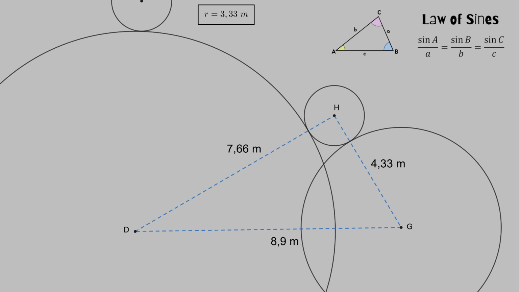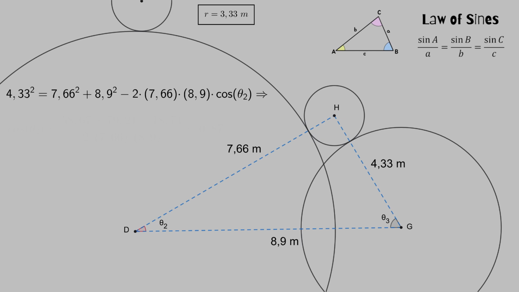What we really need is these two angles here. We'll call them theta 2 and theta 3. So we'll use the law of cosines again to find theta 2 first. So we have 4.33 squared equals 7.66 squared plus 8.9 squared minus 2 times 7.66 times 8.9 times cosine of